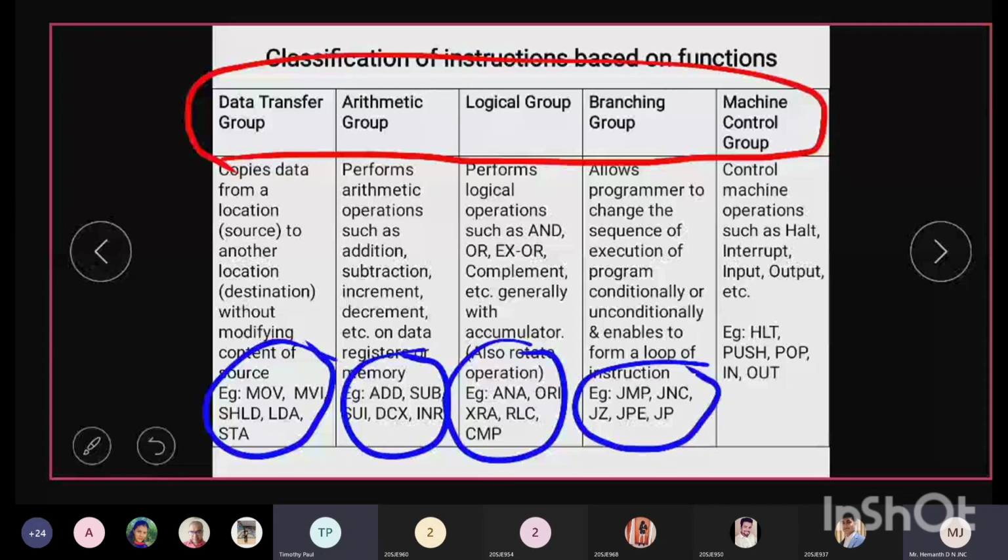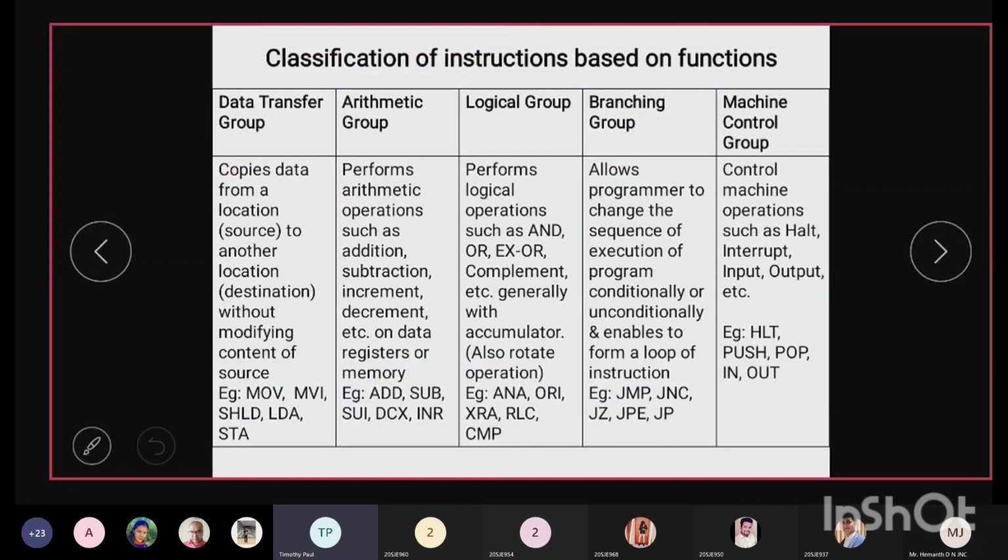I can ask anyone to just read out the data transfer group, what you can see on the slide. Okay, I think sir read it. No. Yes, sir. Okay, I just thought any one of the students can read it and tell what its meaning is.